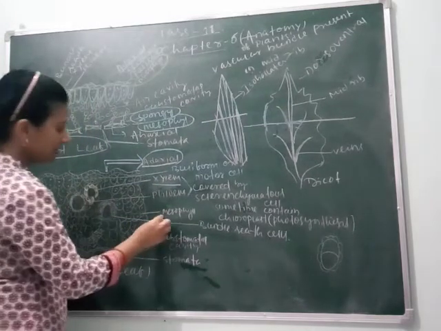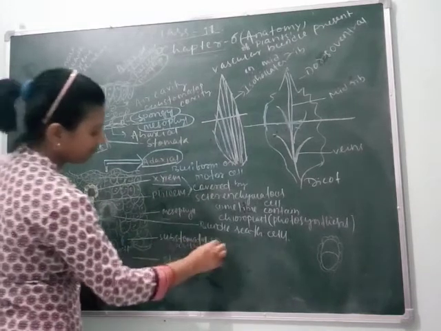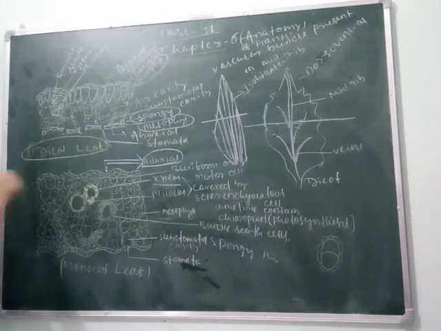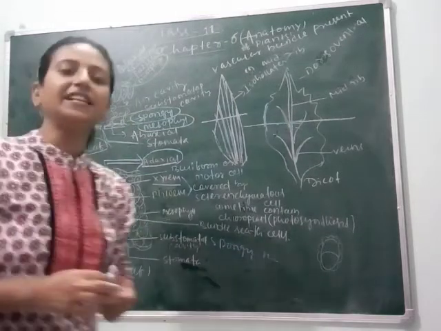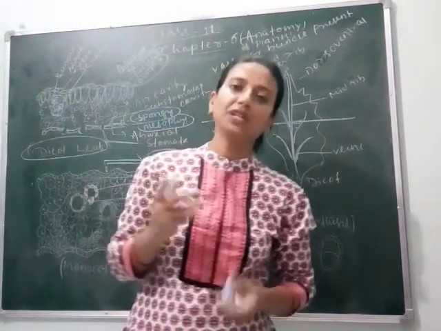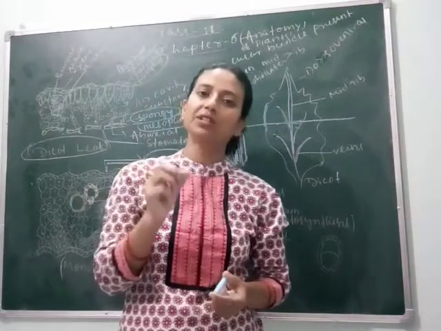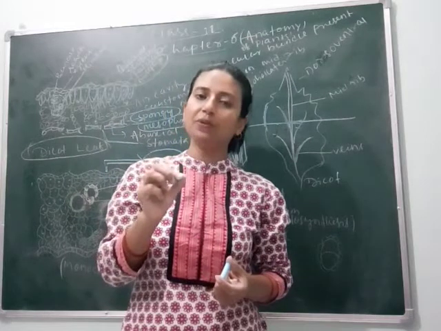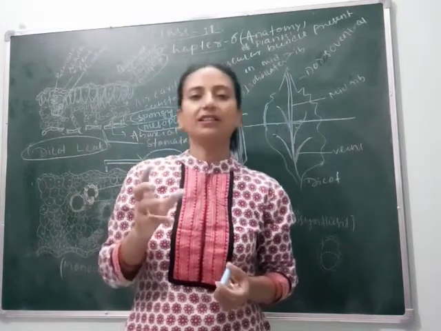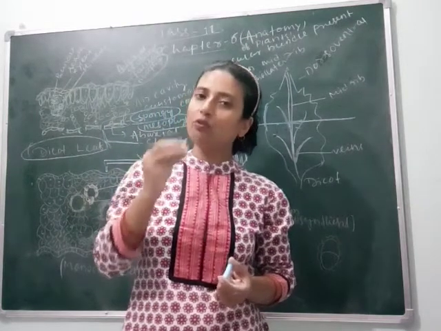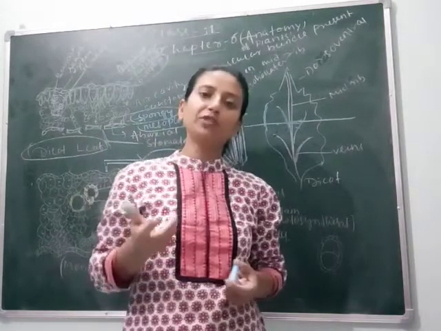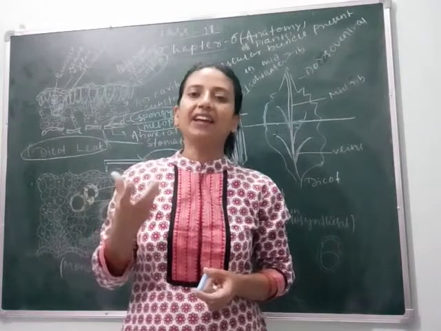Clear? This contains spongy mesophyll. And the water holding capacity is more in spongy mesophyll because the cells are loosely arranged. But the palisade cells or palisade mesophyll are tightly arranged. That's why they can hold only a little water. And the monocot leaves, meaning spongy mesophyll or spongy parenchyma, can hold more water.